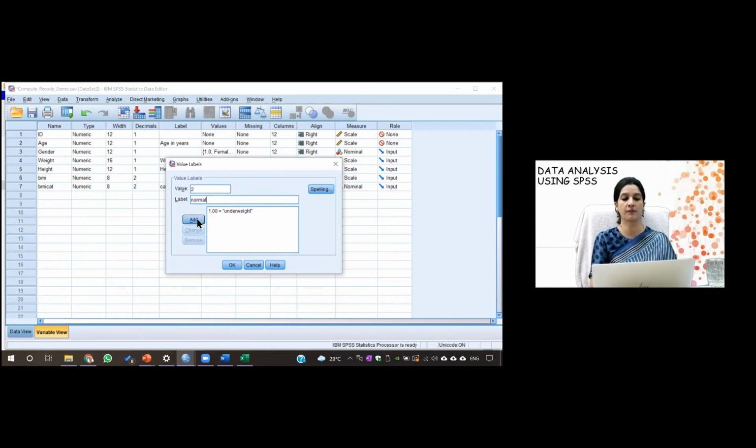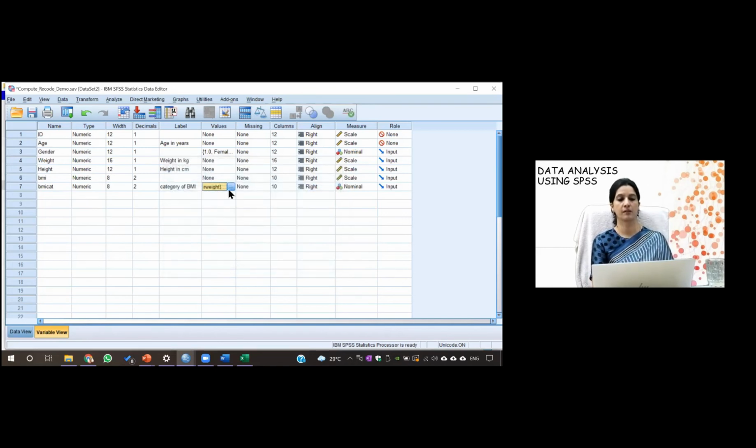That's the code which I have given. 3 as overweight, and 4 as obese. And then press OK. So I have added this category also.